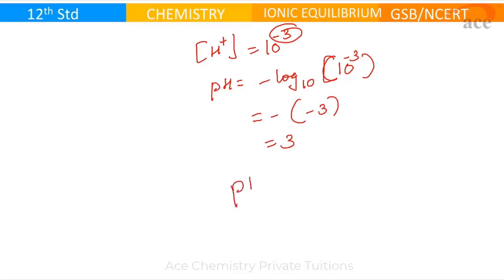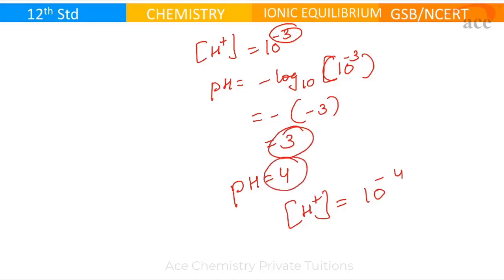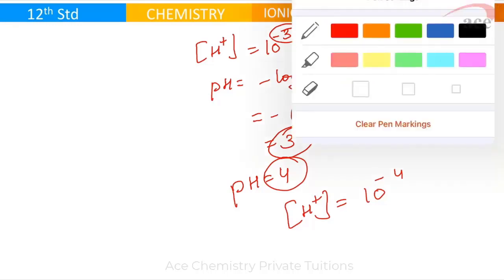Okay. And if pH is 4, what will be H plus? We saw just now. Is it okay? These shortcuts we can use only when the number is a whole number. But if the number is with a decimal, we can't just come to this conclusion. We will see all these things later. Okay? Let's proceed further now.